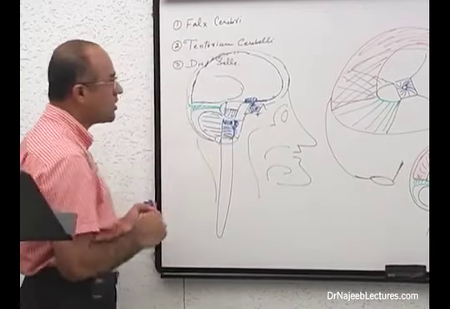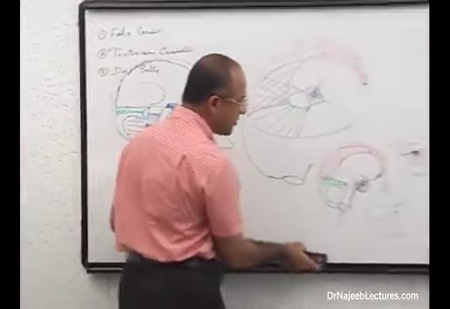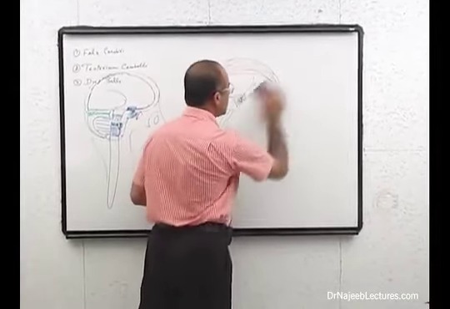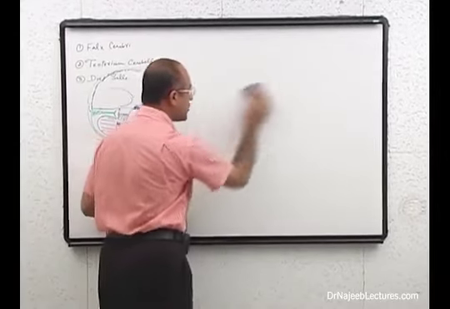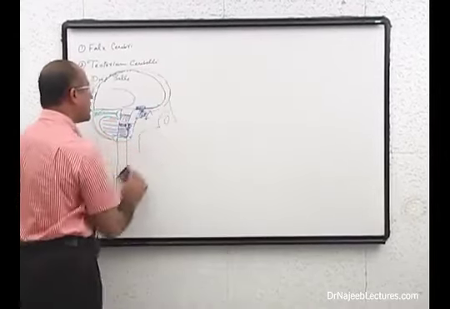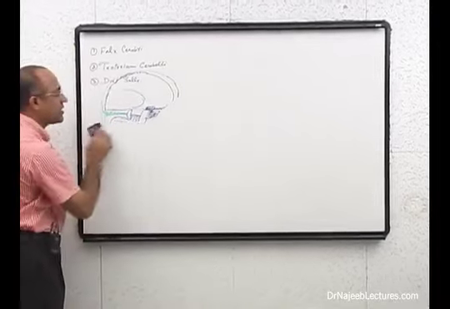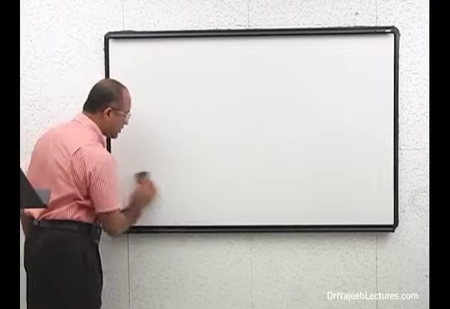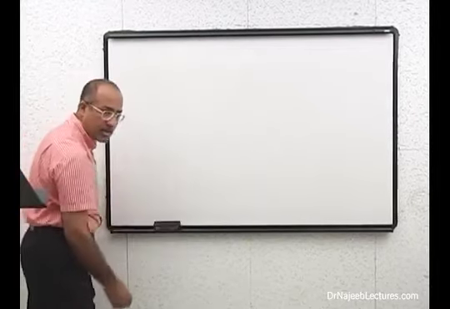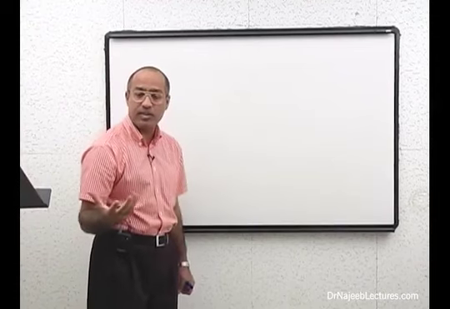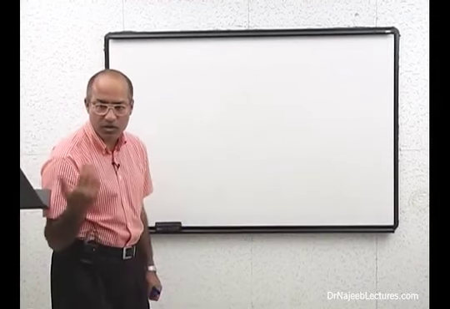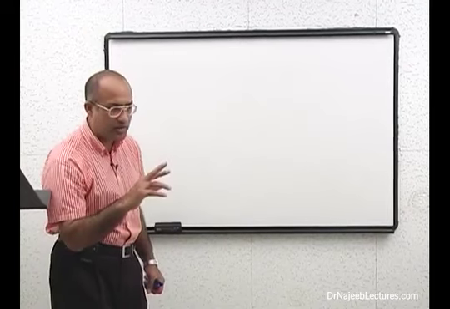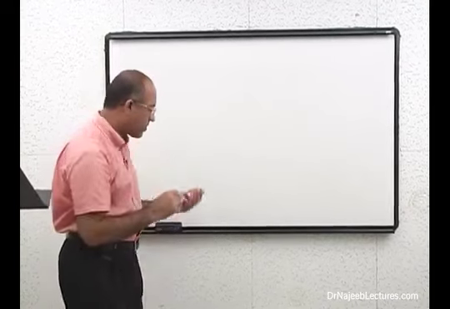Primarily when we talk about the innervation of the dura mater, nerve supply to the dura mater, we divide it into two parts. Nerve supply of supratentorial dura mater or nerve supply of anterior and middle cranial fossa dura mater, and the nerve supply to the infratentorial dura mater. Infratentorial dura mater is related with posterior cranial fossa. Supratentorial dura mater is related with anterior and middle cranial fossa. Is that right? Are you with me? Okay. Now,